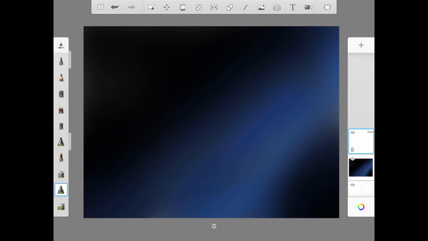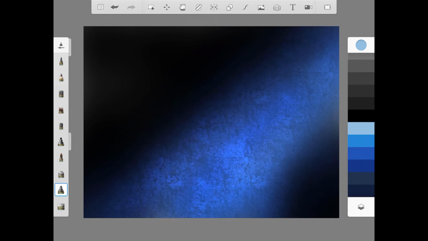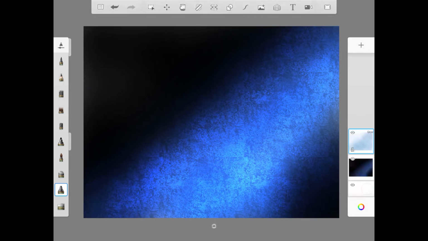This is very important, and make the size maximum. And I pick the lightest blue from the right hand side and then just spray on the entire image. You will notice the texture doesn't show up on the black area at all, but the more you spray, it will glow more on the blue area, which makes the base for the Milky Way.